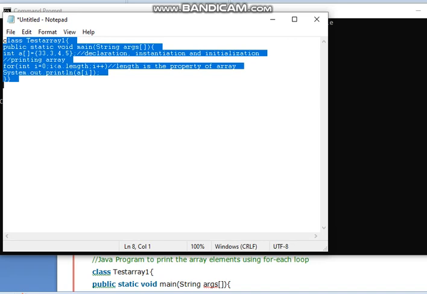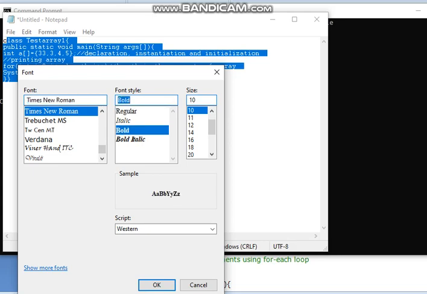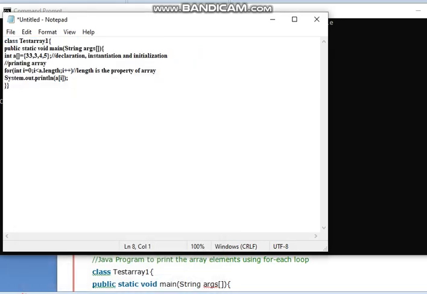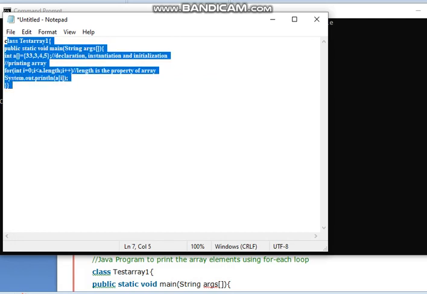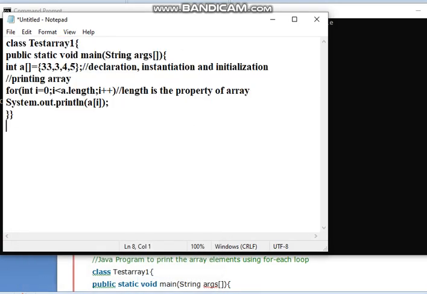I'll change the font also. Format, font. I'll increase the size also. Okay, this is the program I have written, and it's a test array I have created, and this statement